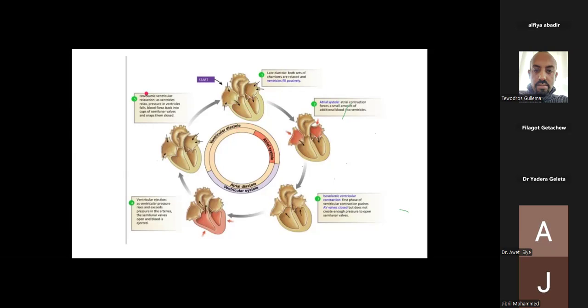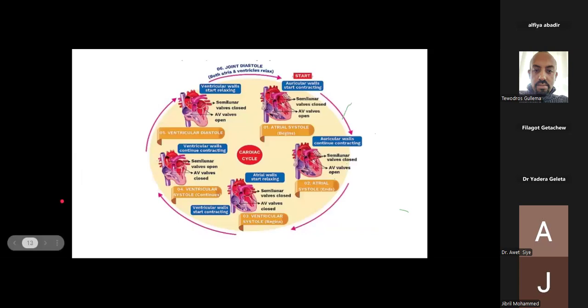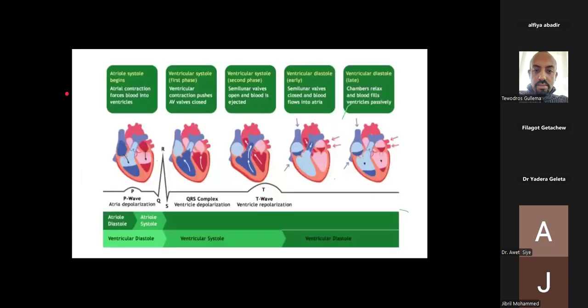This is about systole and diastole. It is related with the pressure change and volume change, and it is the same cycle. An additional thing to note is the valves. For example, here the ventricle continues contracting and the AV valve is closed, and then the semilunar valve, so it will give you additional information. I will give you the slides. This one is very informative also, so let's see it with the ECG change.